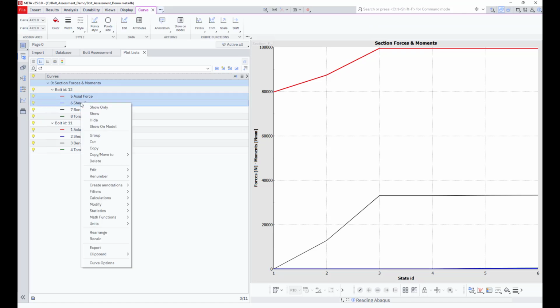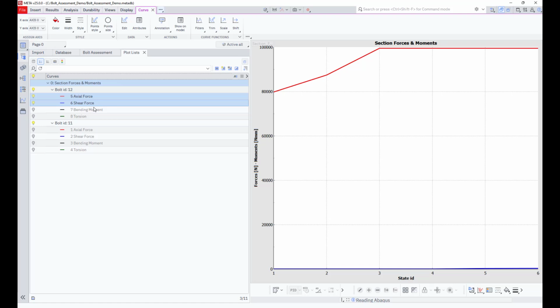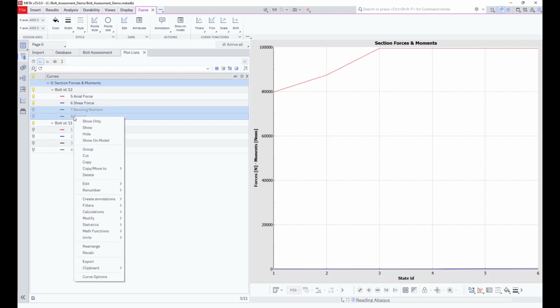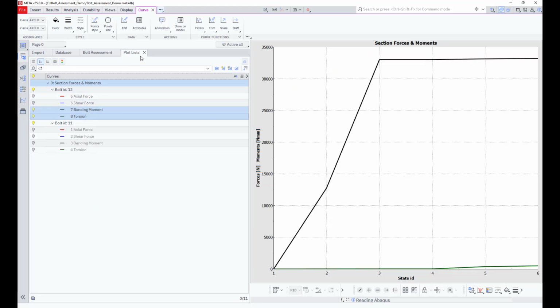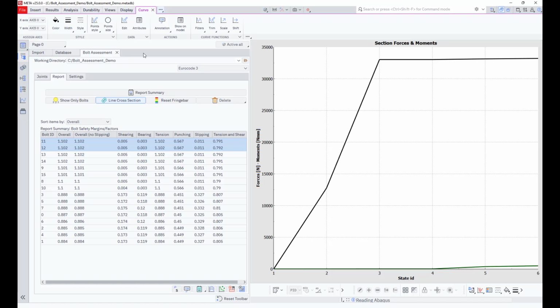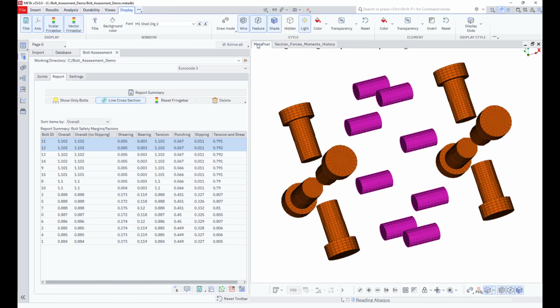Use standard 2D plot functionality of Meta to examine the created curves. A closer look at the axial force of the bolt can indicate separation of joints where a steep increase is observed. Joint separation induces higher internal forces in the bolt as a result of bending, an effect also called prying action.